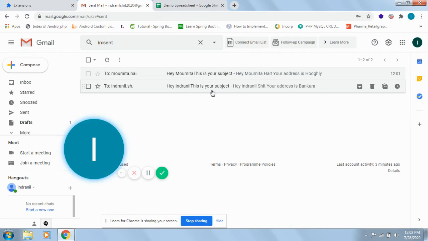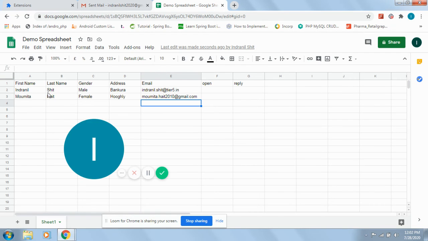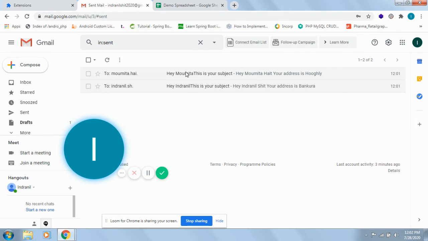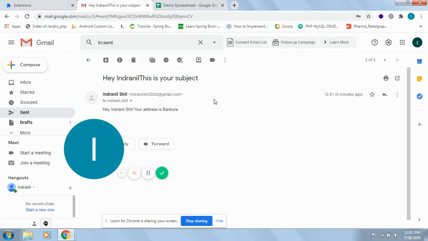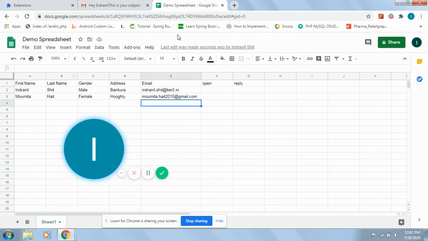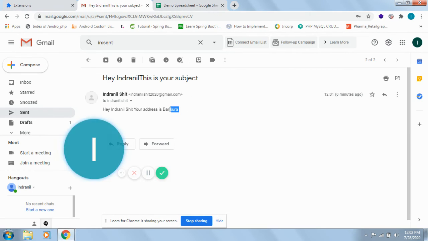So this first name has already been replaced by our spreadsheet value. So we can see that a mail merging system is working over here. Hey Indranil, your address is Vancouver, we have selected our mail merging system over here.